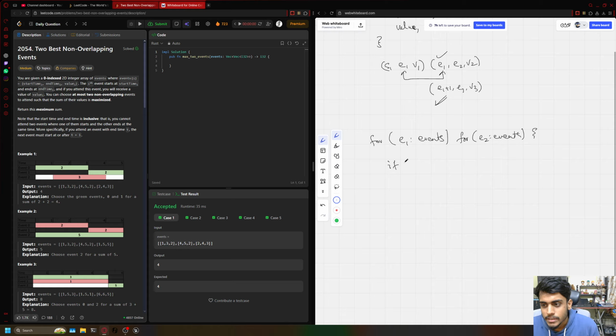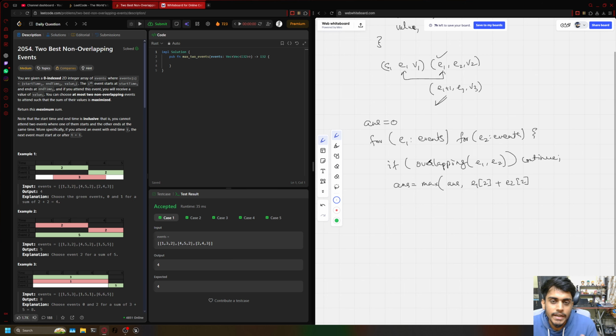Let's say there is a function overlapping that takes these two events and returns whether they are overlapping. If they are overlapping, I can continue. Otherwise I can create my answer variable, and update it as max of ans and event1 value plus event2 value,